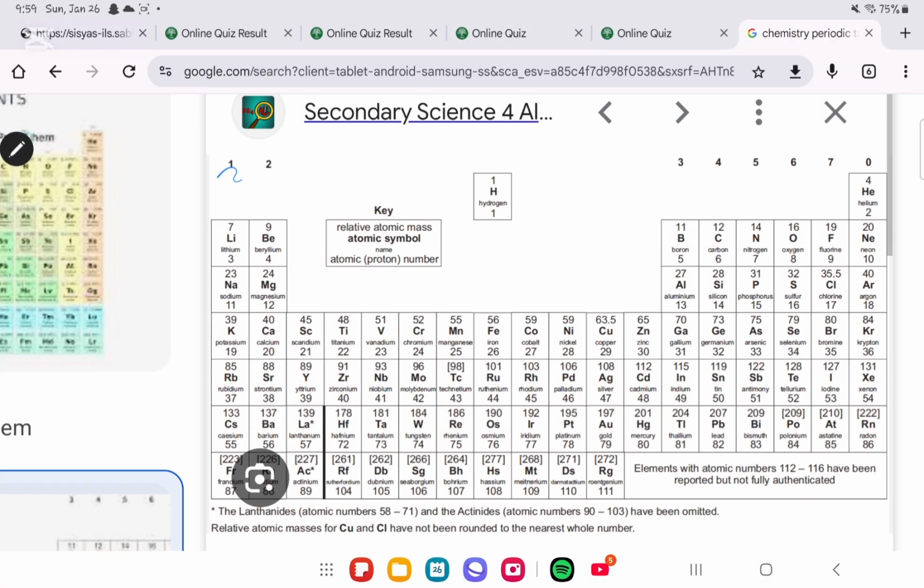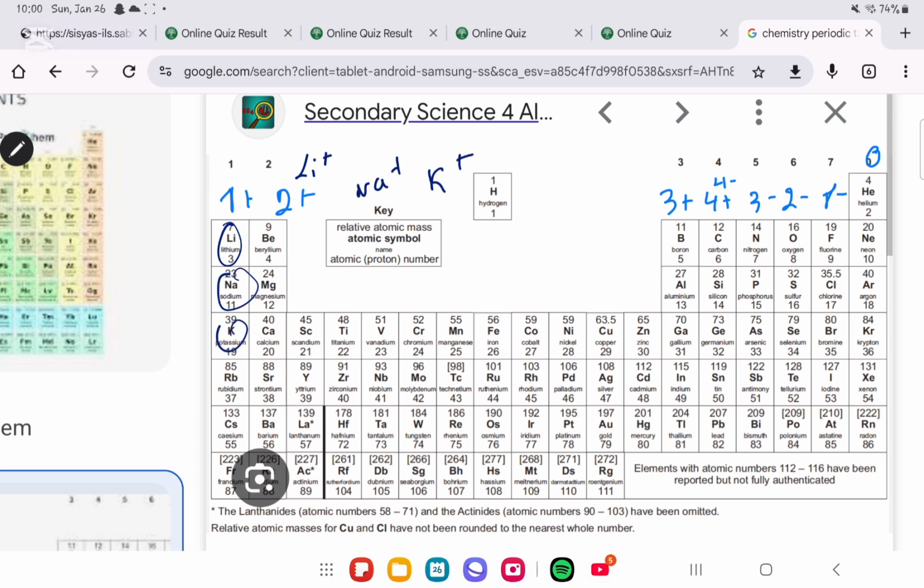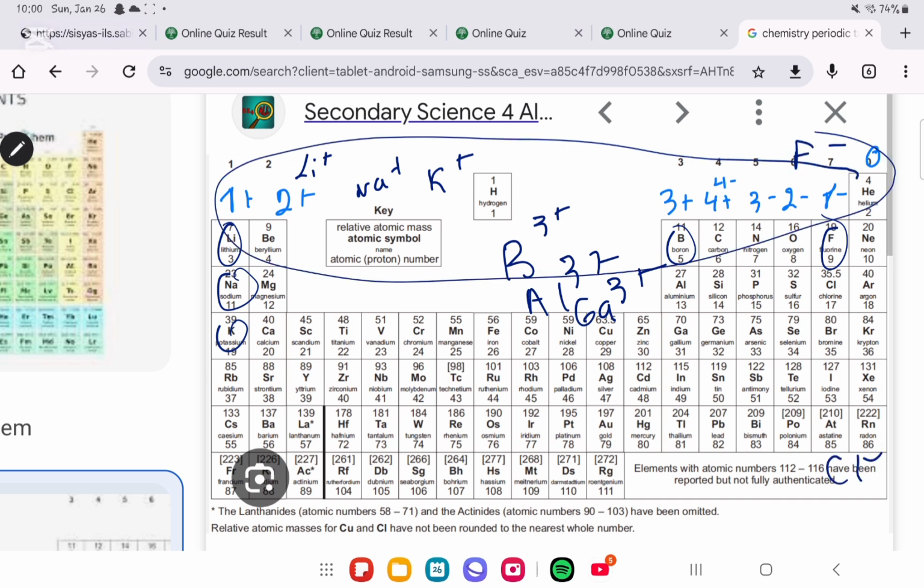and memorize this. This has 1 positive, 2 positive, 3 positive, 4 positive, or it could be 4-. Okay. This has then 3-, 2-, 1-, and 0. So when you are trying to find out their electrons, this is gonna be Li plus, Na plus, K plus, and etc. This, for example, is gonna be B3 plus, Al3 plus, Ga3 plus. Okay, this is gonna be F-, Cl-, I-, like just write this, and from this you will take the charge